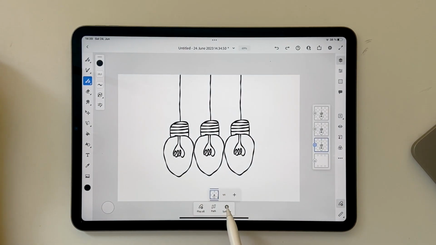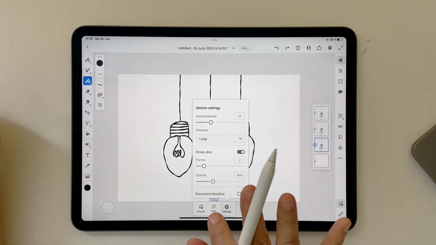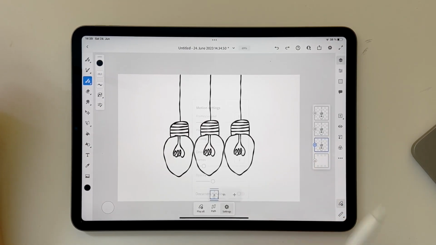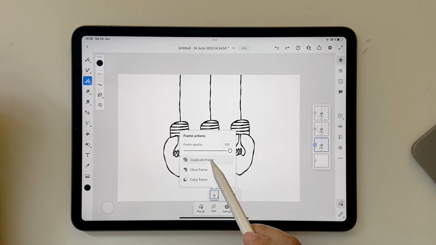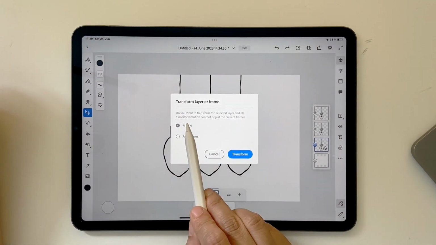So now what I'm going to do is go into your settings and make sure the onion skin is turned on and make this 2, because you just want to see the previous 2 things. After that, click and then duplicate frame. You're doing this to the leftmost one. Now click on your transform tool, only the one frame,